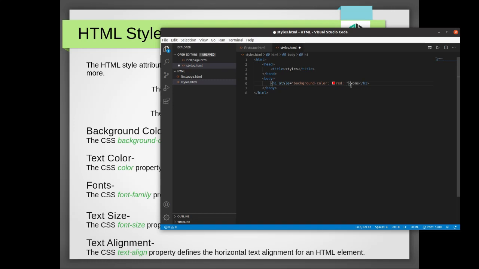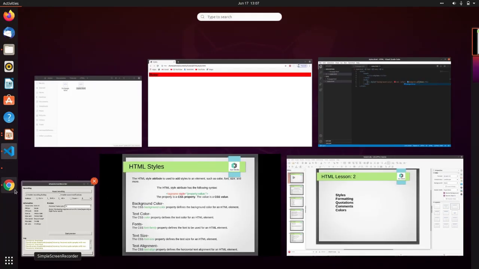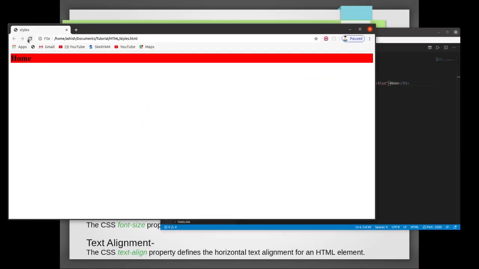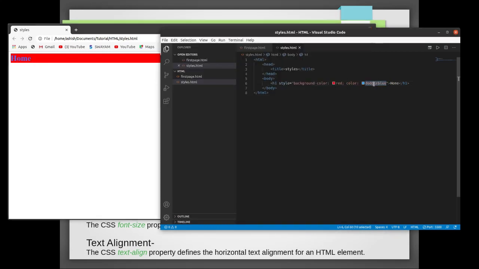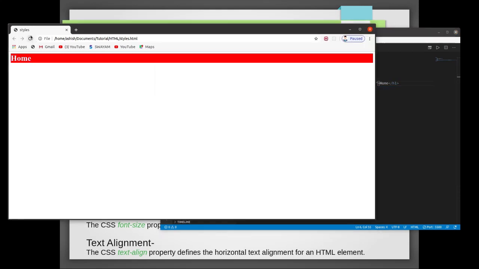For text color you have to use color and Dodger blue, save it. Refresh. Save it. Refresh.